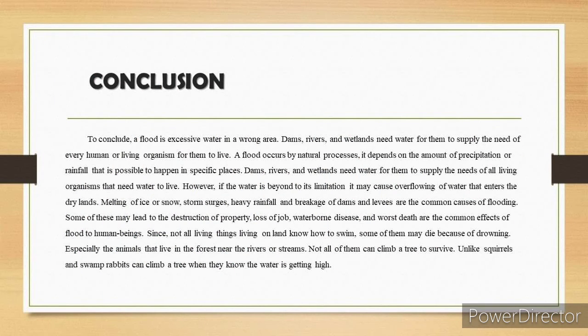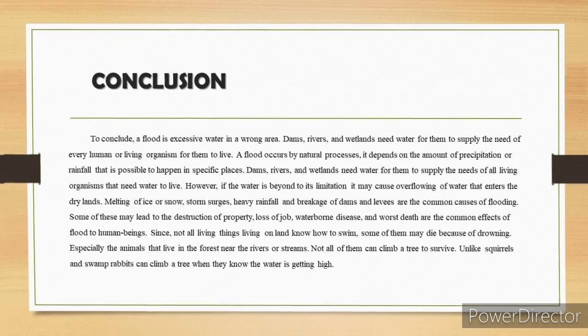Again, flood is an excessive water in a wrong area. There are many different factors why flood occurs. First, the breakage of the dam, urban drainage system, lack of vegetation, and melting of snow or ice that can affect not only human beings as well as the wildlife. Wild animals that can fly, swim, and even climb trees are affected by flood. Planting trees is one of the most recommended solution not to stop flood but to lessen its intensity.